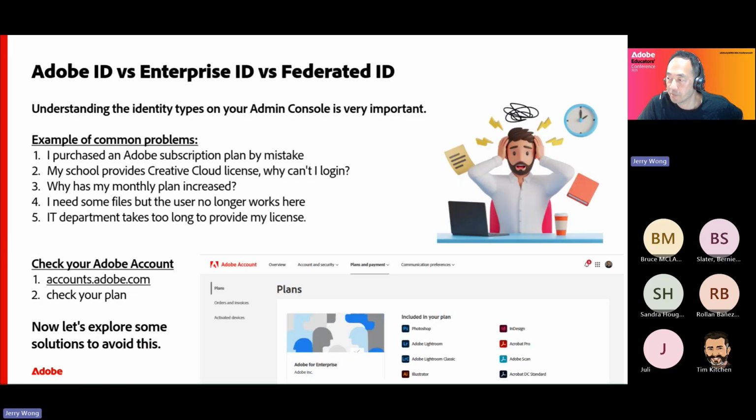So let's move on to some of the other areas. Now, this is a topic that might relate to a few of you, looking at the different identity types that we have within the console. In the very early days, we all started with Adobe IDs. These are considered a personal account, right? Then we evolved, and now you have enterprise IDs and federated IDs. Now, for most organizations, universities, etc., we do recommend you use federated ID, because you can then streamline the login process with your